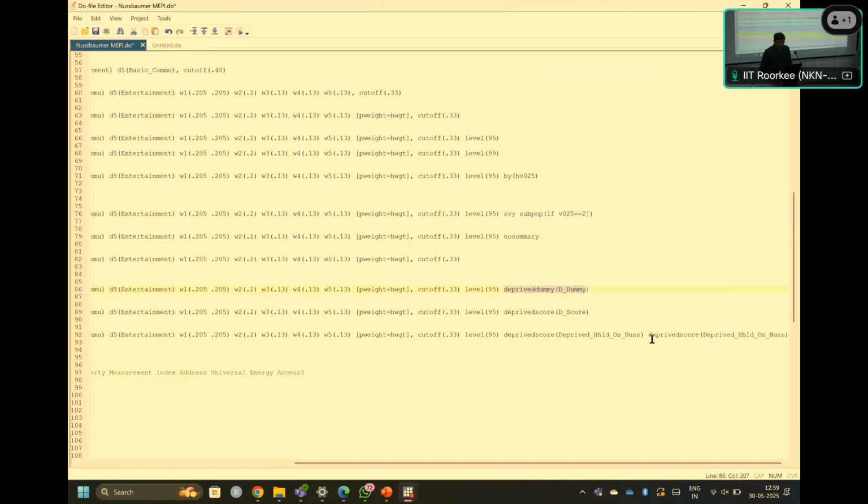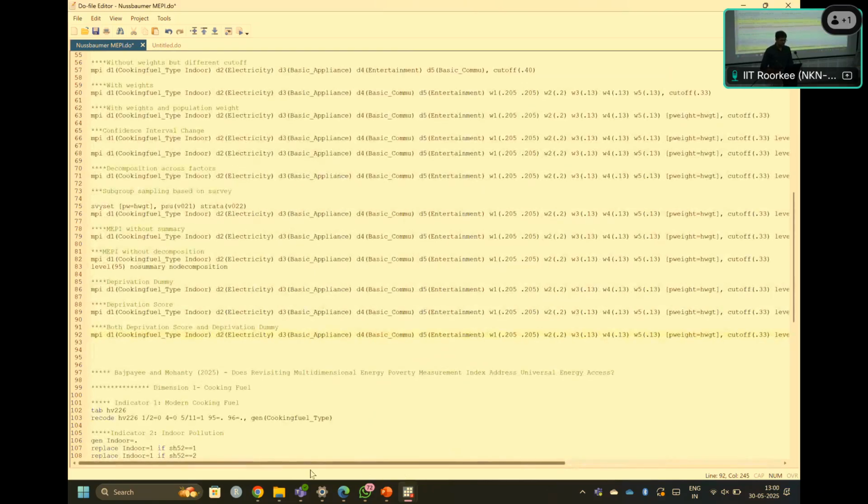There are some errors that are our mistake. We did it at the very last moment, even though Professor Suman suggested a number of times that I cross-check the details, but we delayed a bit. All right, now this is how it works. I think you can correct it and save it. We are not providing you the corrected do file; you have to correct it in the classroom itself.